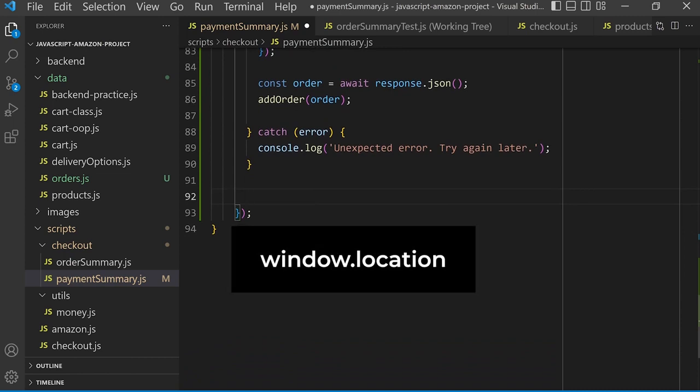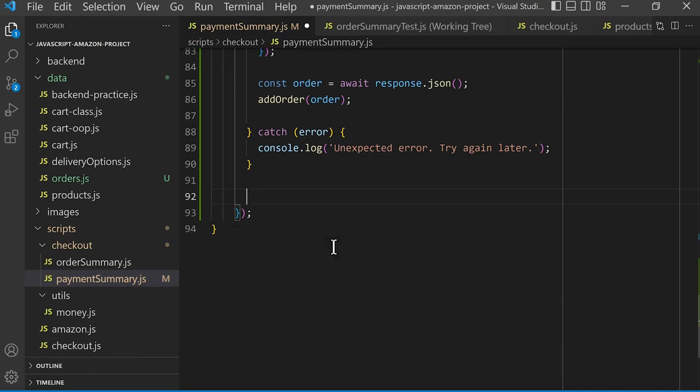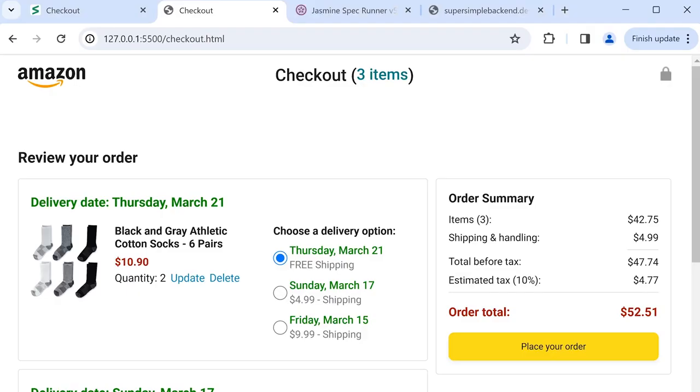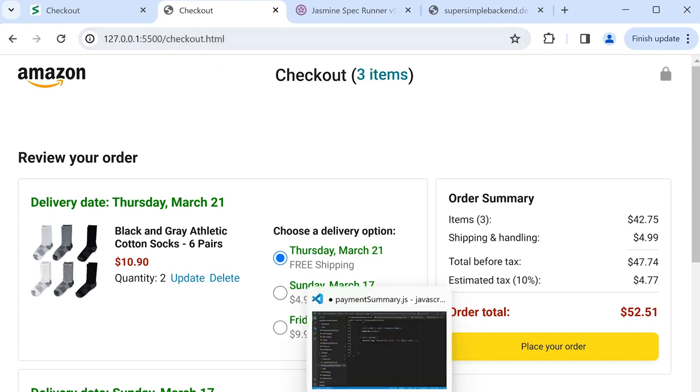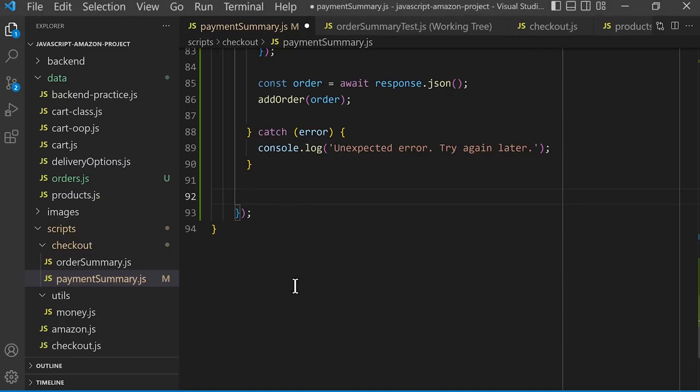Window.location is a special object provided by JavaScript, and it lets us control the URL at the top of the browser. If we change the location object, it will change the URL at the top. So let's give this a try. We'll go into our code and we'll type